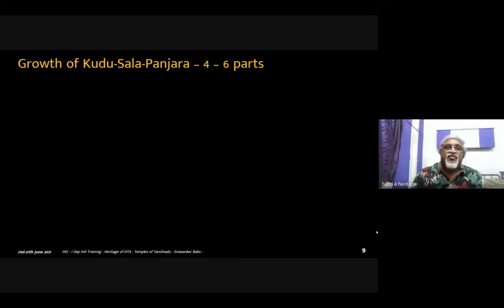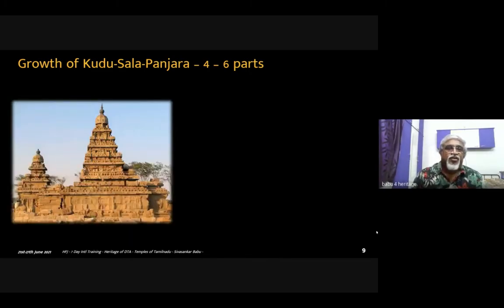Okay, right, sir. Now we go into some examples. So far we have been playing with childlike drawings. Now let us go into the real stuff. How the Kuta, Sala, Panchara developed. So now this is Mahabalipuram, the trendsetter in structural stone temples. Here we have two temples. This is the one facing west and this is one facing east. So this is a Tritala Vimana and this is a 5-story Vimana.